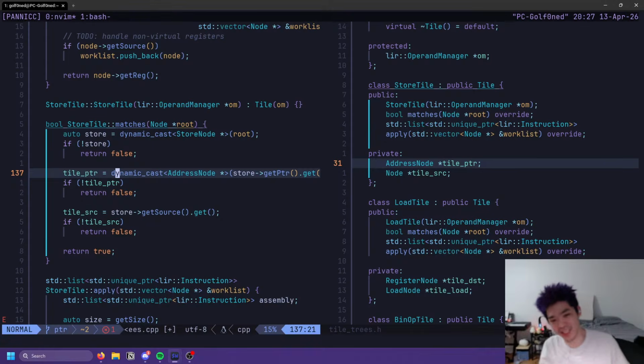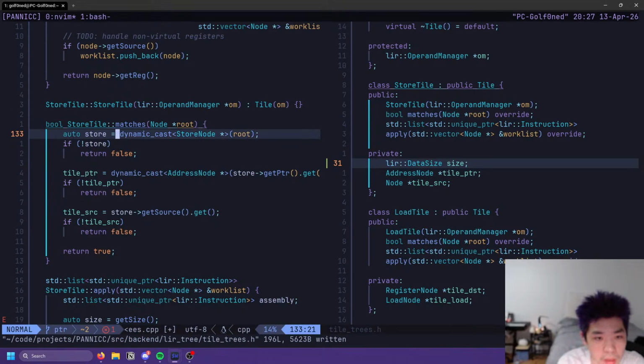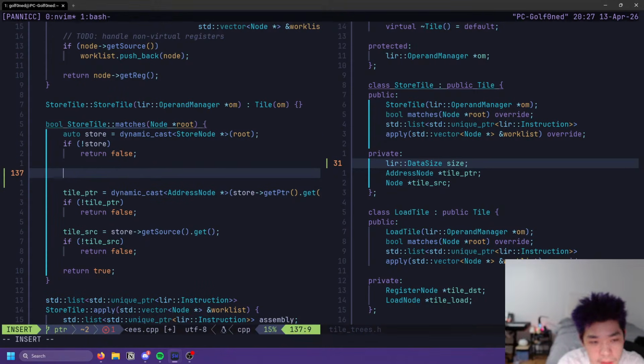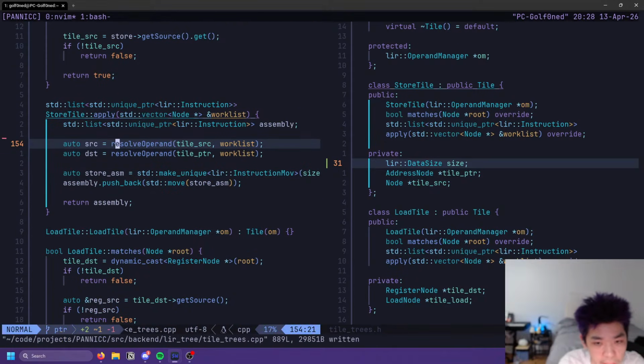This is so irritating. What am I doing here? Match it, and then let me just store the size here, I guess. Okay, so we got a store, and then size equals store get size. We'll do that, and then we have size already, so we don't need to do anything with that.